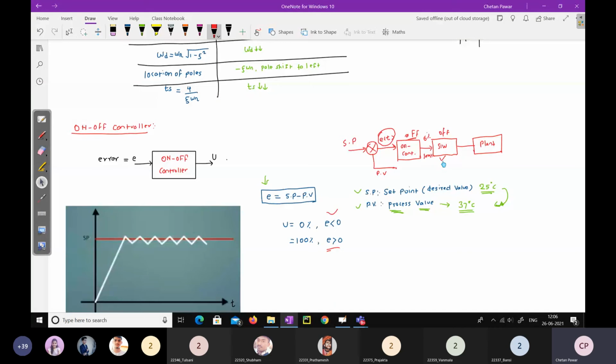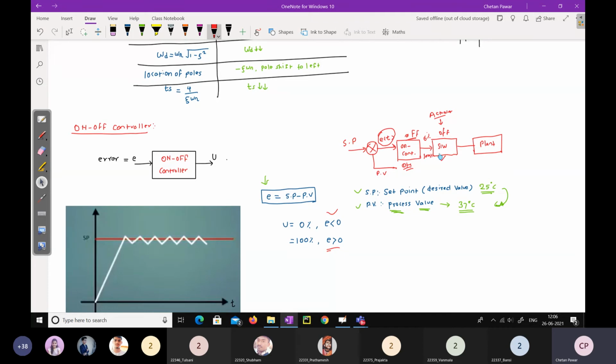The example I am giving may be far simpler than real cases. I am explaining at a very basic level. So this switch will be on, or if you use any actuator here which is controlling anything, that actuator will be on. That may be a switch. If electronic circuitry is there, that switch will be on in that way. So this is the basic thing here.